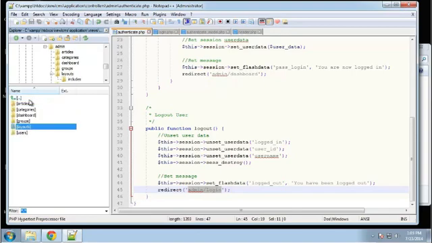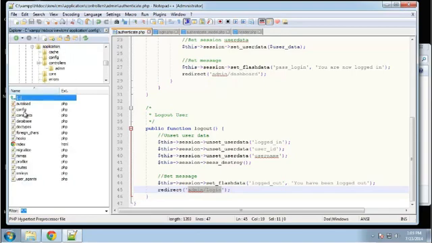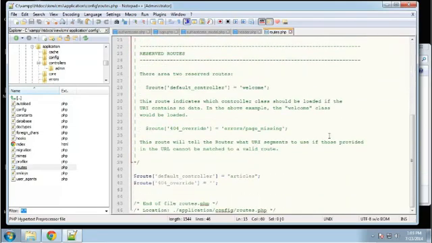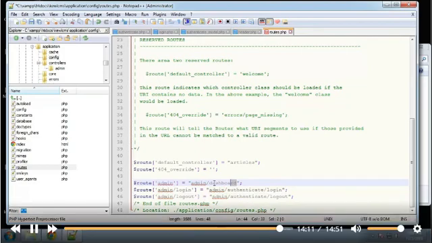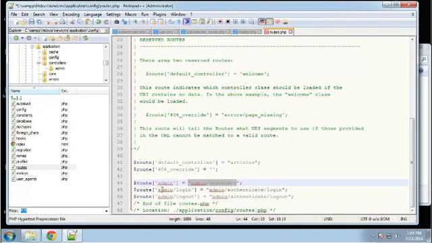So let's go to our config folder and then go to routes. And I'm just going to paste in some routes here. So when we type in admin, it will take us to admin dashboard. Admin login will go to admin